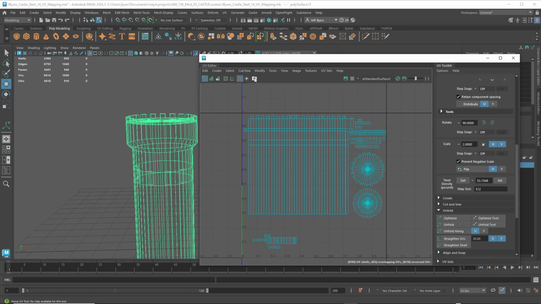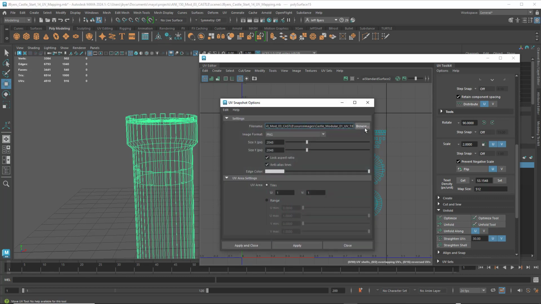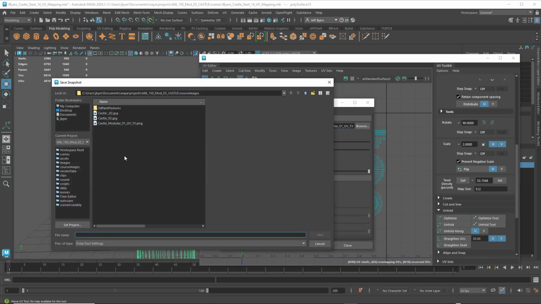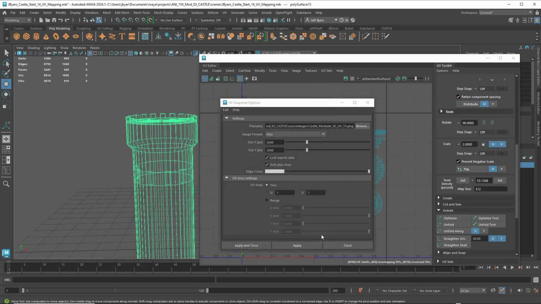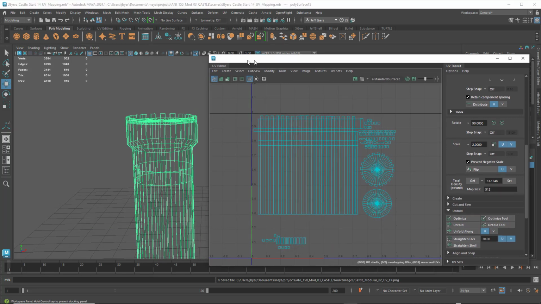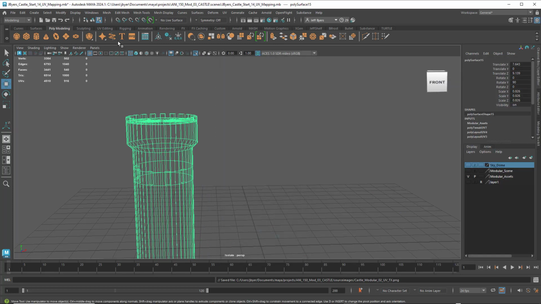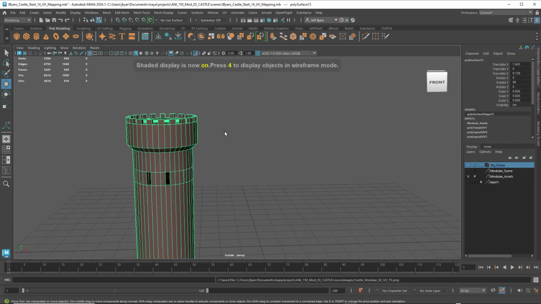So I'm going to click on UV snapshot, and everything looks good. We got one UV texture set, and I'm going to call this Castle Modular 2, and just go down the list or down the numbers, and we're going to click on save, apply and close, and then we close this, and I'm going to hit the 5 key,